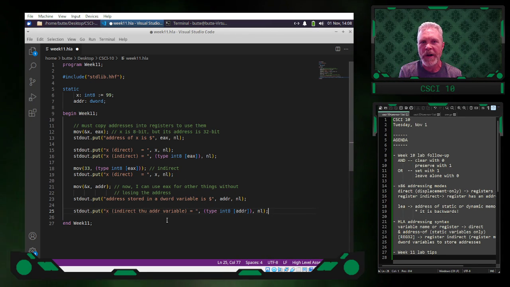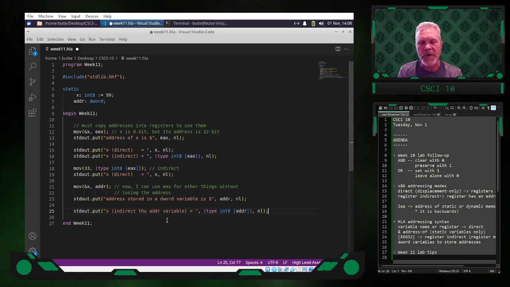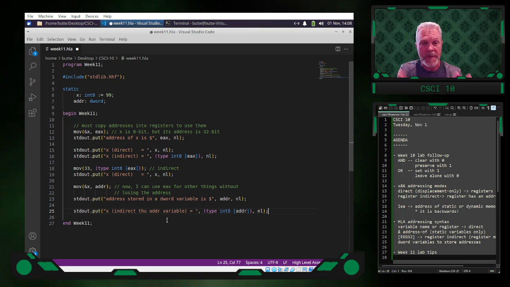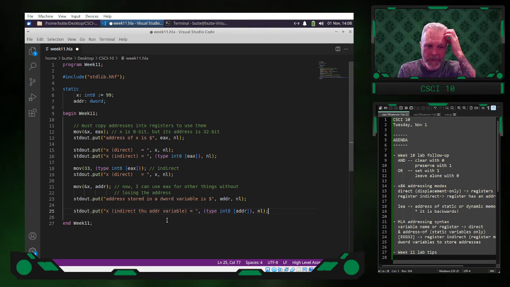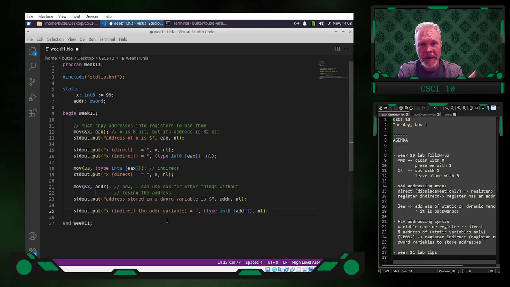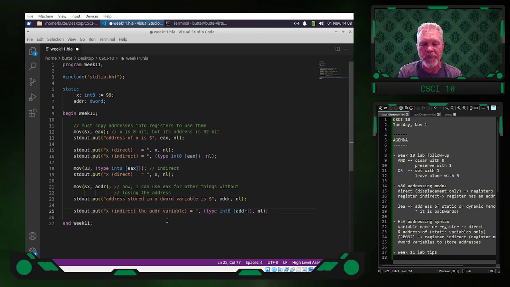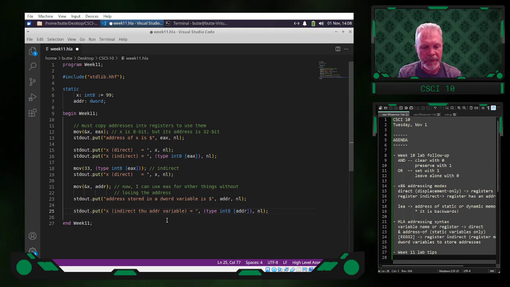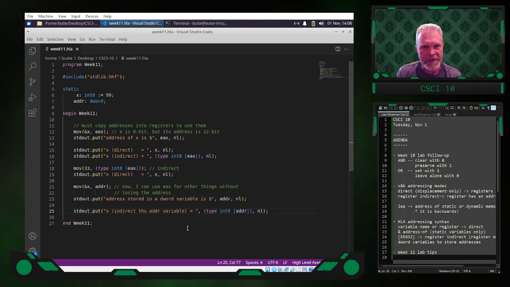We can store addresses, we can dereference addresses. We can actually, starting pretty soon, allocate memory dynamically. So we can actually get memory into our running program without having to label it as variables, which gives us a fair amount of power to create adaptable software. We'll get to that. Anyway, I want you to see some of the errors that you are going to see